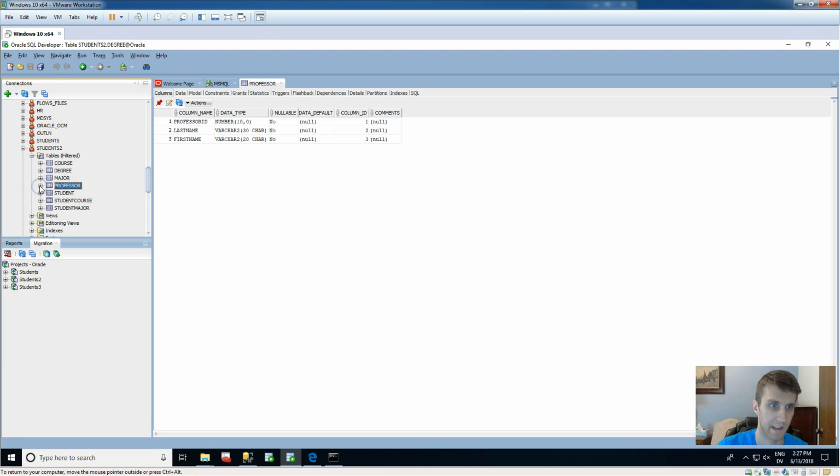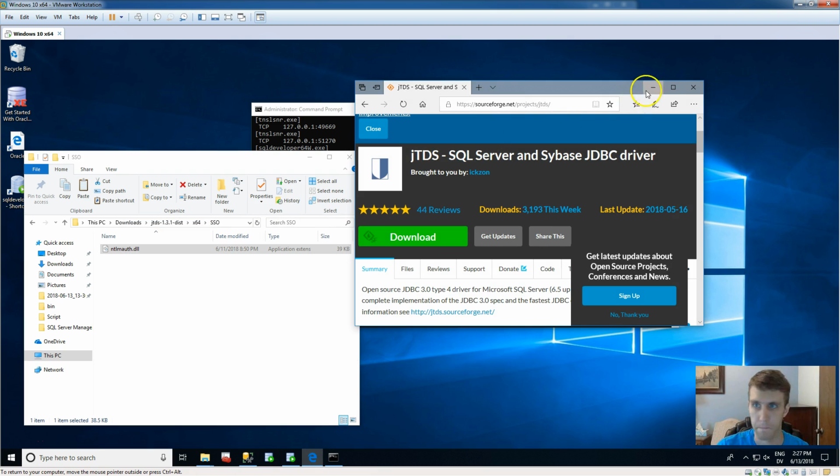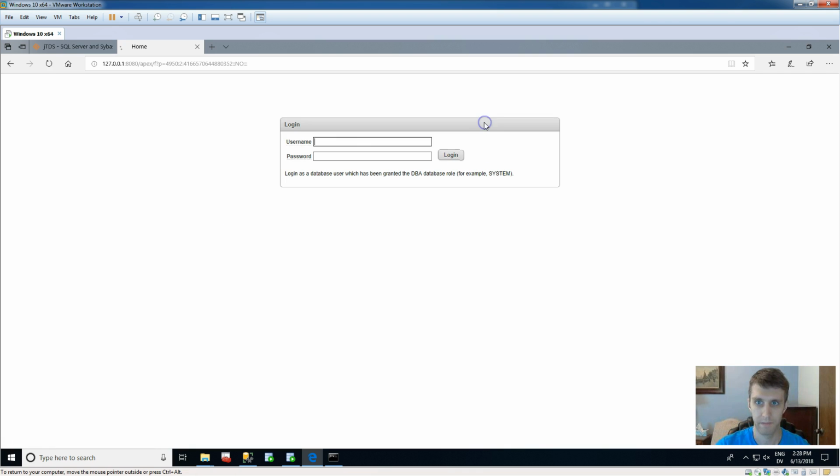And we can see that our data was successfully transferred over. And actually, if we want to use Oracle Express, which is kind of this web-based tool, and we want to get into Application Express, I mean, we could take a peek at storage here